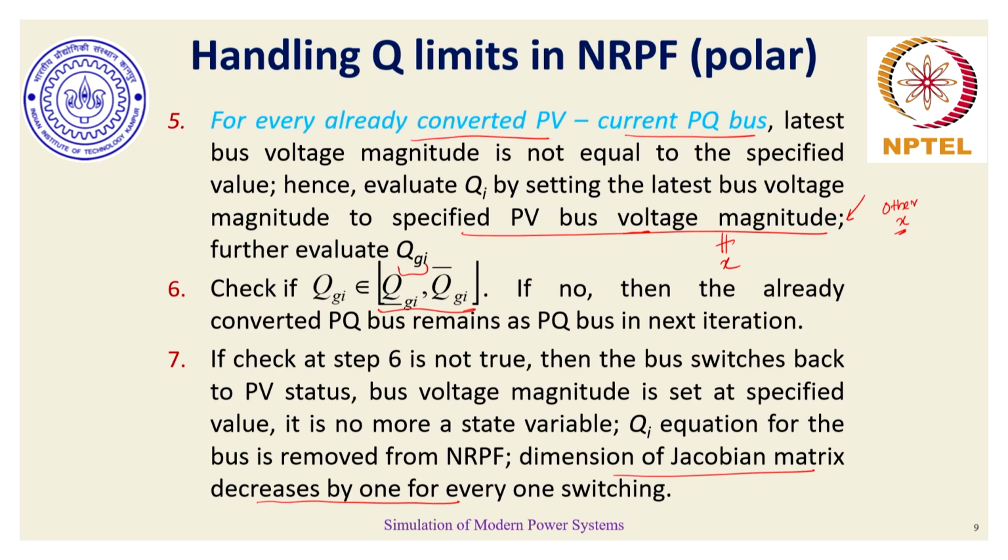At times, it is an inconvenience from the operator's perspective or from the mathematics perspective, but so far there hasn't been any rigorous mechanism or method through which the Jacobian matrix dimension can remain unchanged, although there have been some research works which talk about masking of the Jacobian matrix specifically for PV to PQ and PQ to PV switching, but it is still not generalized, and for real power bus networks, Newton-Raphson update still has this tricky problem of Jacobian dimensions changing, with PV to PQ and PQ to PV switchings happening often.